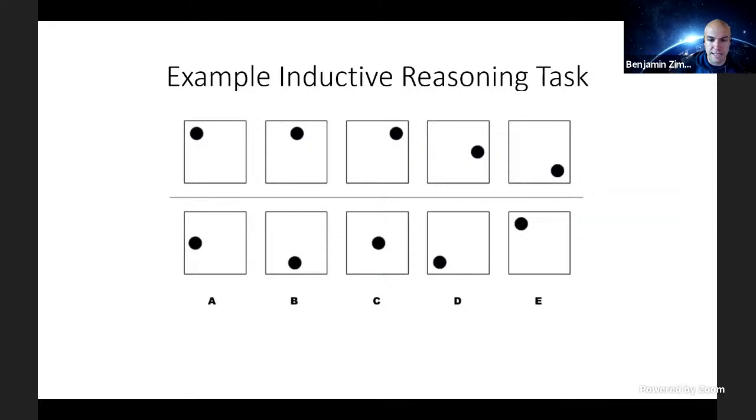So this is an example of a figural inductive reasoning task. These matrices have to be completed by one of the given answer alternatives on the bottom here. And in order to find the correct answer alternative, you need to infer the rule or rules which govern the variation of the elements of the matrix here. So I'm going to put up a poll here to see what people think the answer is to this one. And I'll give you about 30 seconds to respond. Often these tests are timed, but more importantly, my talk is timed. So I'll have to cut you off.